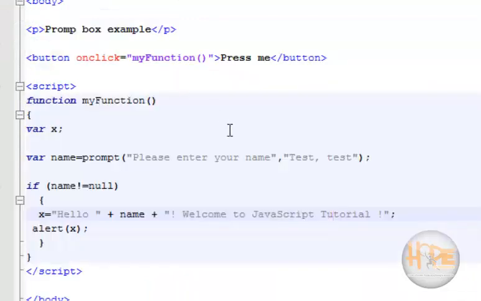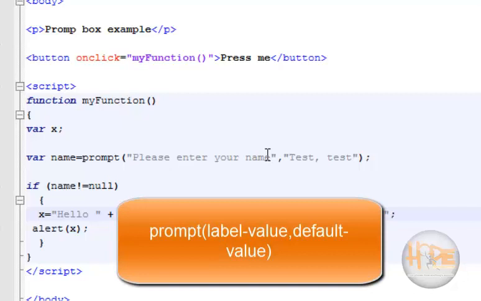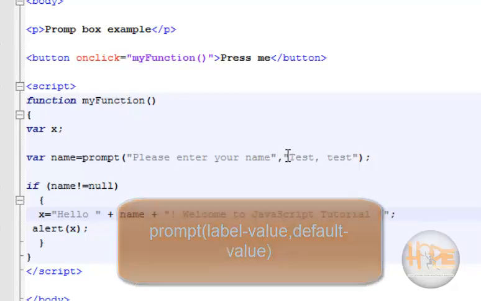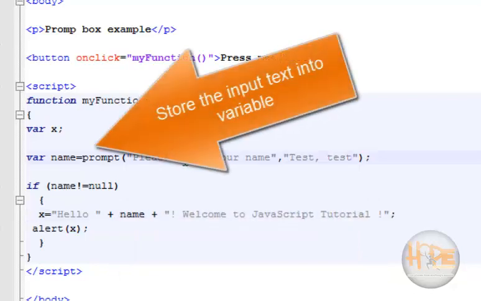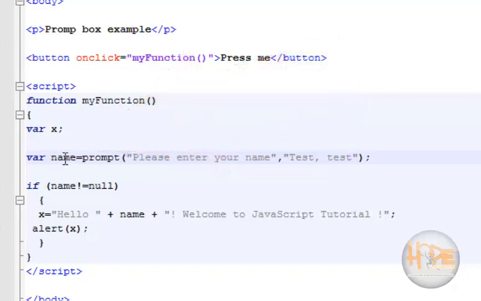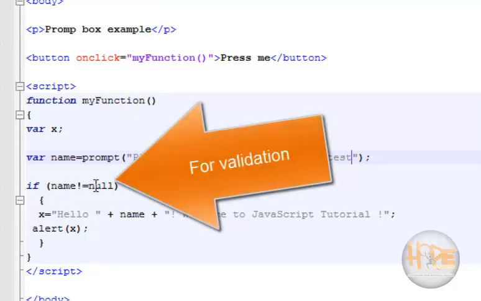Here this is the example for prompt dialog box. Here prompt contains first a simple label value. Please enter your name, and then it contains this default value, test, and whatever user will enter into text field, that text will be stored into name variable. Then here we have used some validation. If name not equal to null,